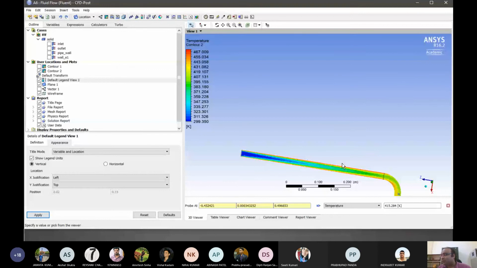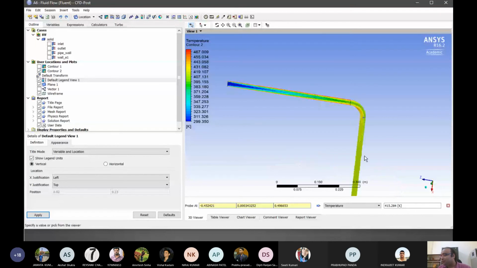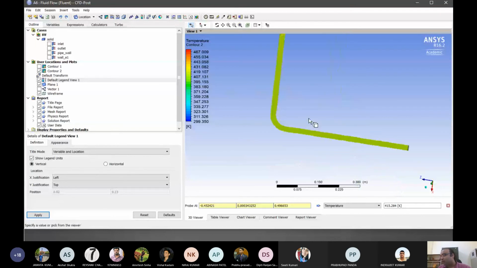Because this is basically not a very long representation, there will be some time for cooling as well. So there will be a little cooling in this obviously.